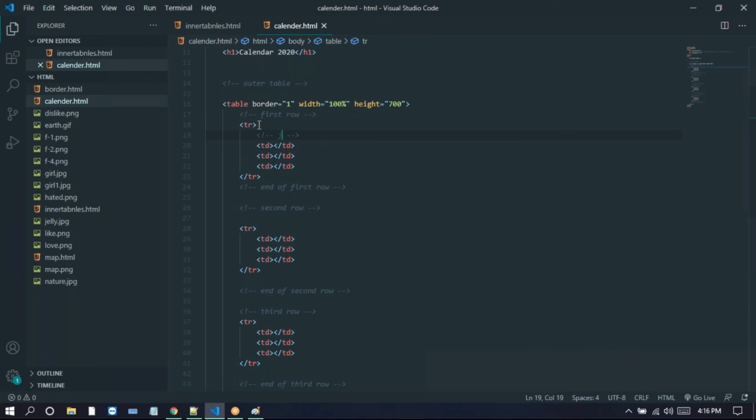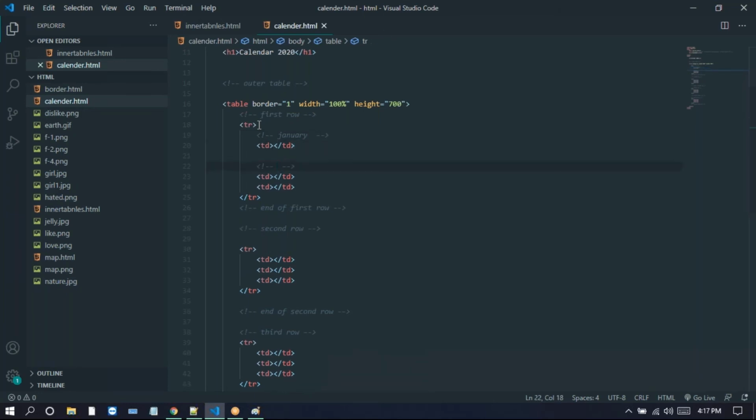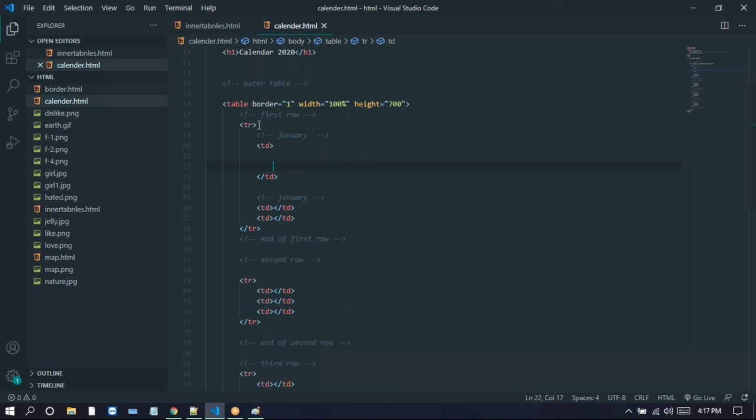Here we take the inner table. Inside of the table we need to write border, so border equal to 1, and width and height.